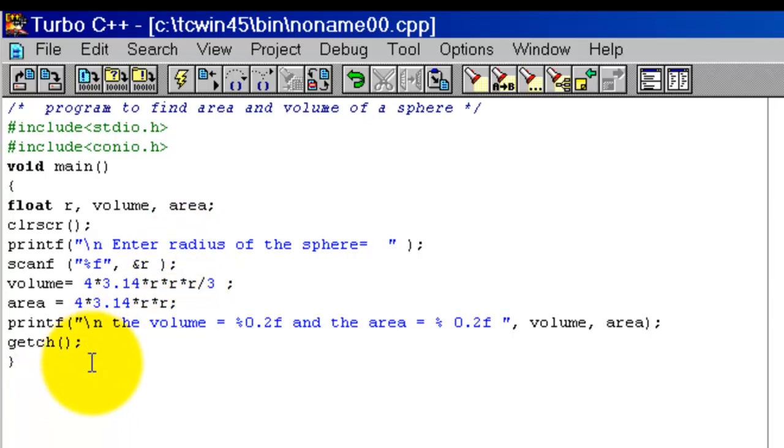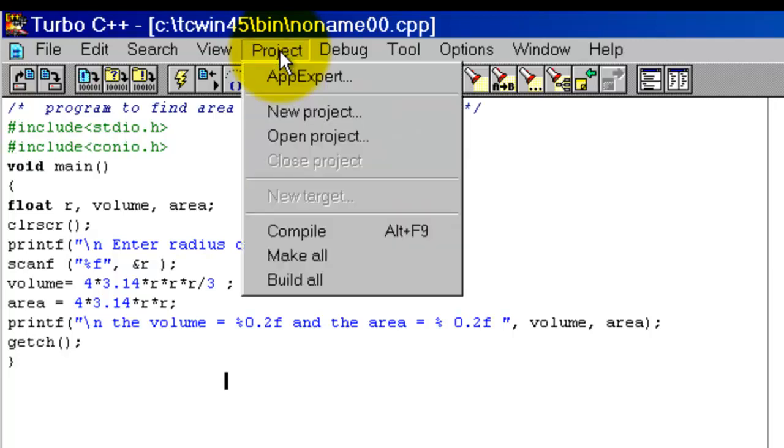First we compile the program. If there is any mistake, it shows an error, then correct the program. Next, run the program. Click on project, click on compile.